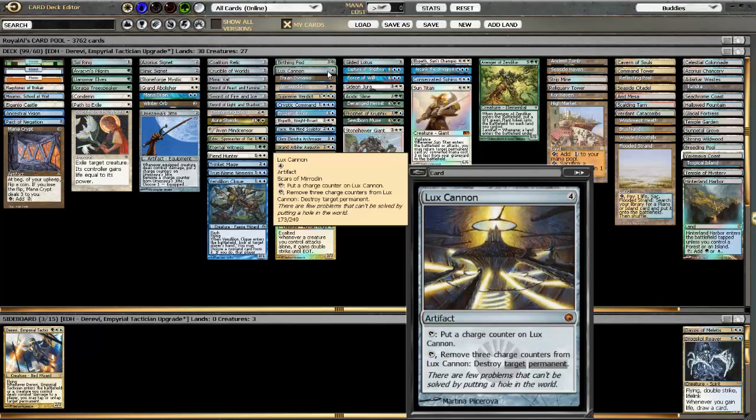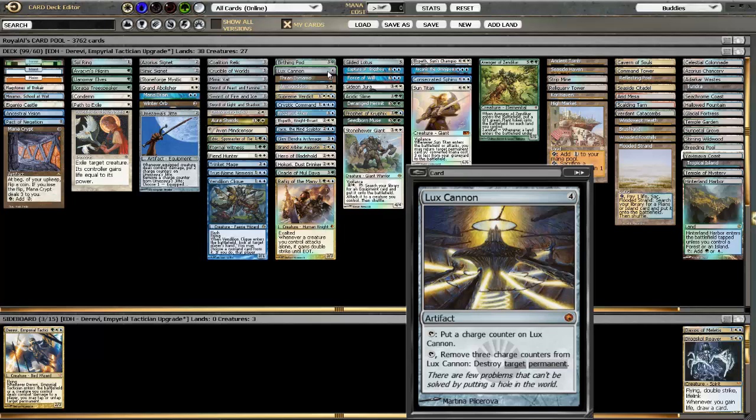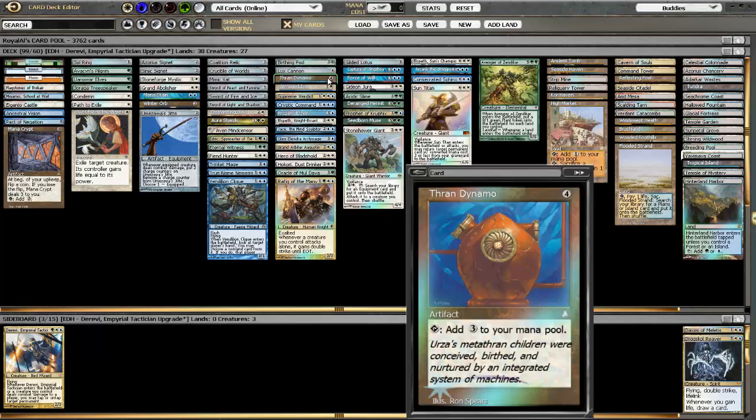Lux Cannon, so the sweet Mamma Jamma to untap. Put a charge counter, and you can stack the untap effects with Derevi, so you can charge it 3, 4, 5 times a turn, and just Vindicate people every turn. And it's really hard to deal with once this gets online and they can't stop you. And it's just kind of cool. Just reminds me of the Death Star cannon. Just blows anything up. And I know it's a casual card, but I like it. And Thran Dynamo,